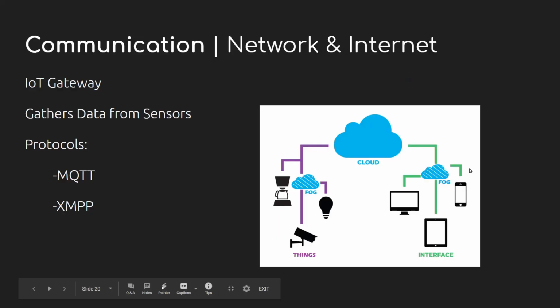Okay, then you have communication. In communication, we have something called an IoT gateway. Say for example, if I install 4 CCTV cameras in my farmhouse, all these cameras will be connected to Wi-Fi, which in turn will be connected to something called a Raspberry Pi. So if there is some object intrusion in my farmhouse, it will definitely notify me with a picture from a particular camera. The idea of communication is to network and connect to the internet, so it has to gather data from the sensors.